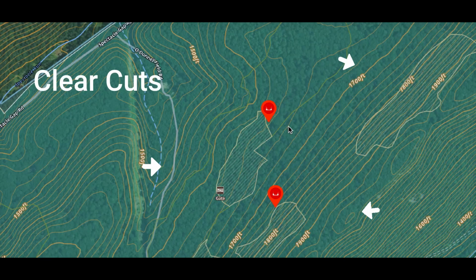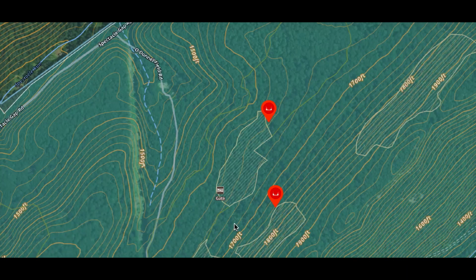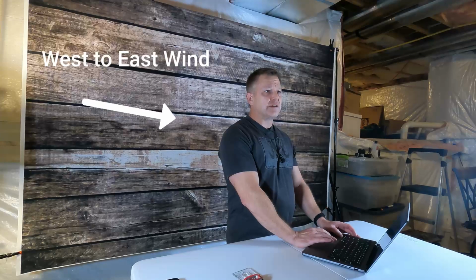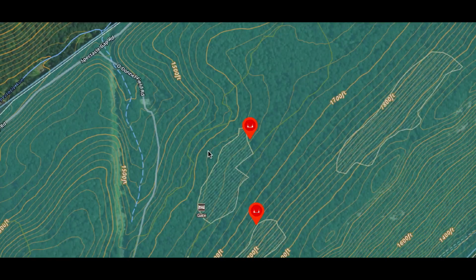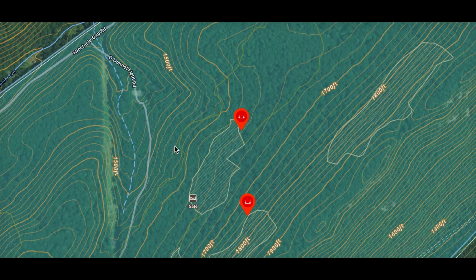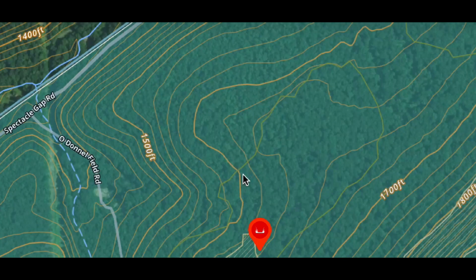On this particular layer that I'm using, you can see little boxed-in areas that show clear cuts that were done. As you know, these areas tend to be really good areas for deer to go in. They create a lot of vegetation that deer like to eat, a lot of greenbrier and other things like that they can eat. I found buck bedding, which I scouted all across